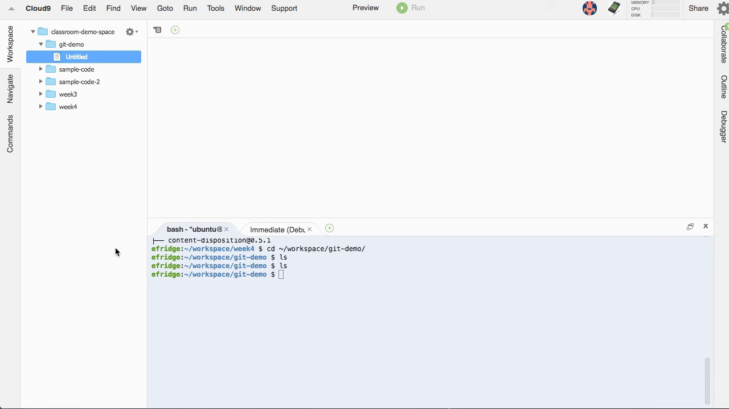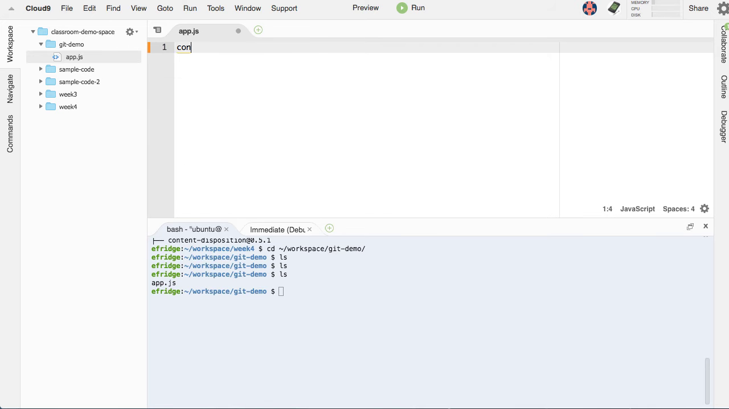So make a new file. This is just going to be called app.js. And now if I do an ls, I should be able to see that app.js is there. And that's good enough for now. And so in app.js, I'm just going to put out hello world. Okay. All right, so